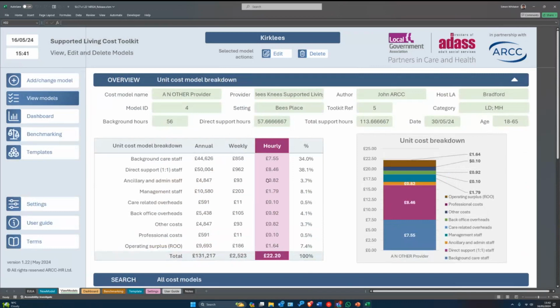With regards to this, let's say I want to edit this now. I want to make a change to it. So providers, I've had a conversation with the provider. I want to change the costs. This model that I've got selected, I can click edit, and it will tell me, do you want to override the current form and load this cost model? So if I click yes,